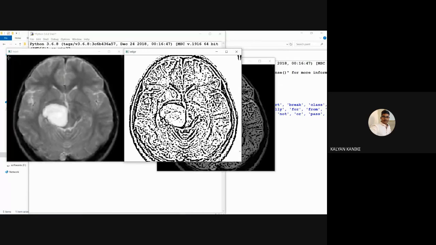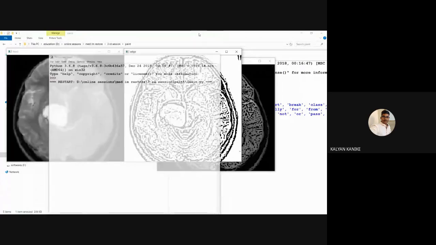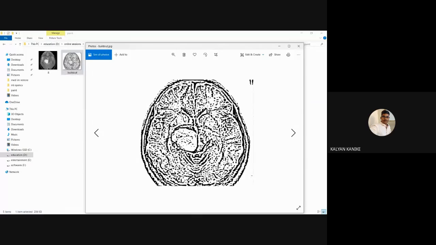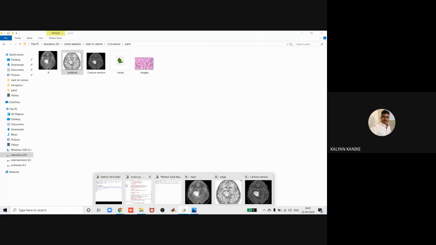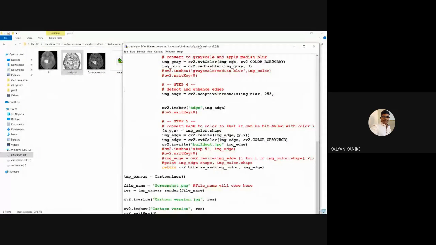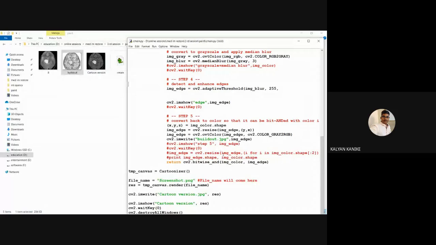Bitwise AND means each and every pixel is multiplied. Wherever we have the 1 information, it is represented as it is, and the remaining information becomes null. That we call the buildout information. So this is going to find the nervous system properly. Next, we have to find the cartoon version, right?